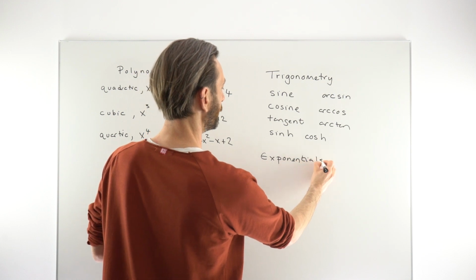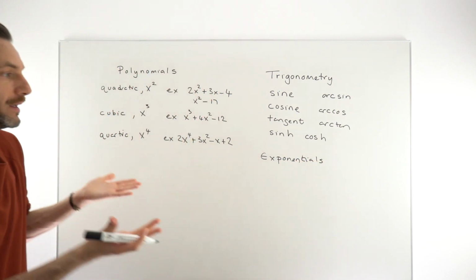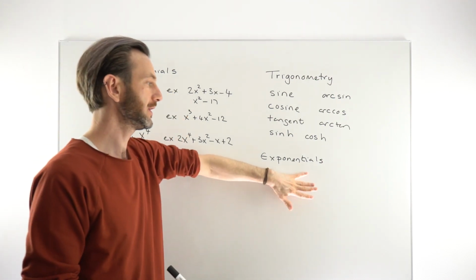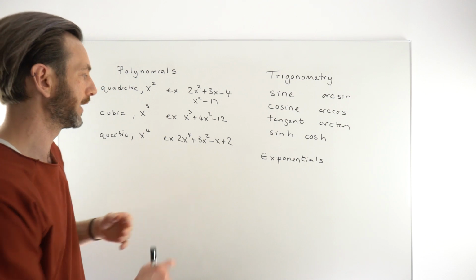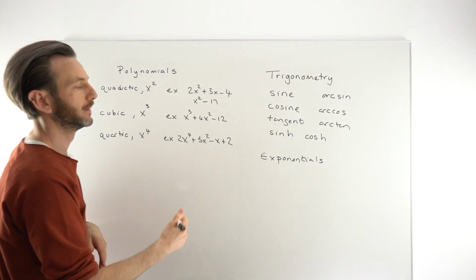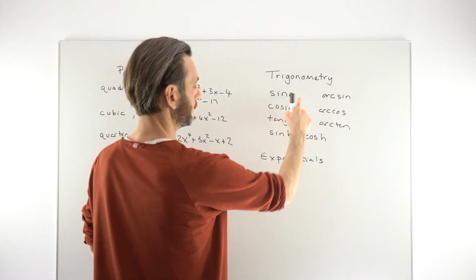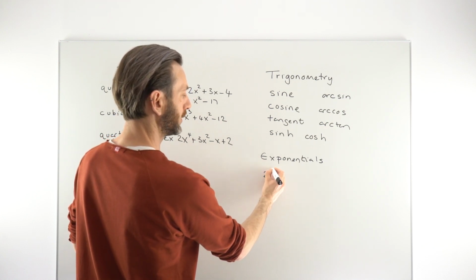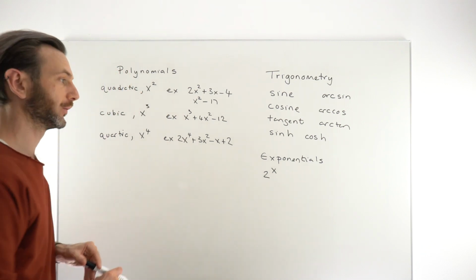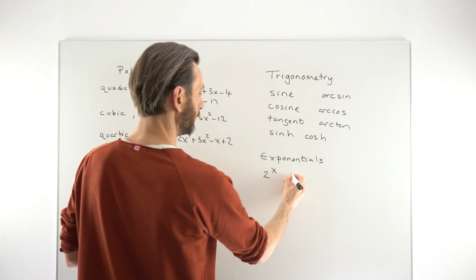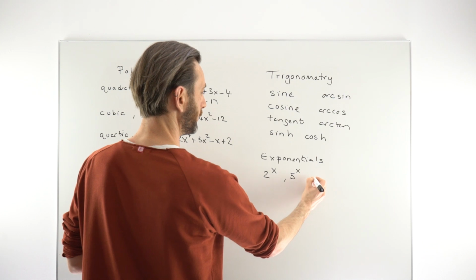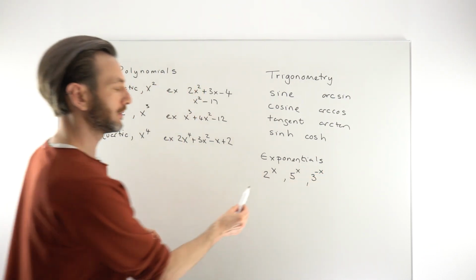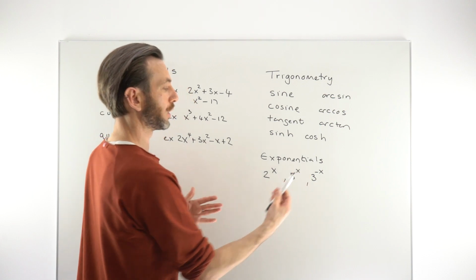Exponentials come from the word exponent, and exponent just means power. Another word for power, nomial, means power as well. These mean that the variable, the x term in your function, is in the power. So these look like some number, say 2 to the power of x, or it could be 5 to the power of x, or it could even be something like 3 to the power of minus x. But the important thing is that the variable term goes in the power for that family